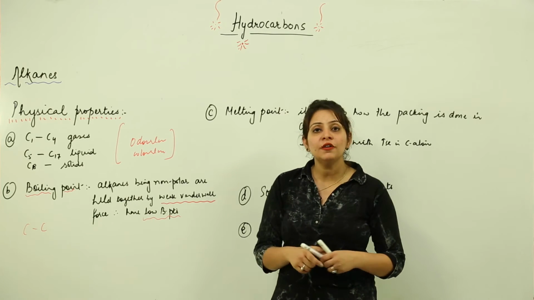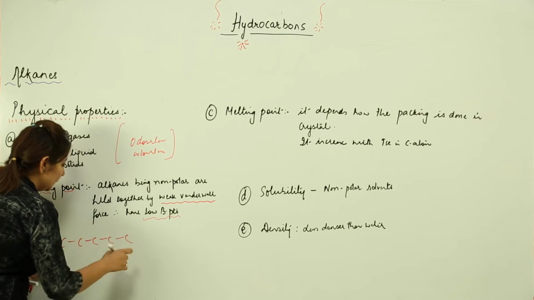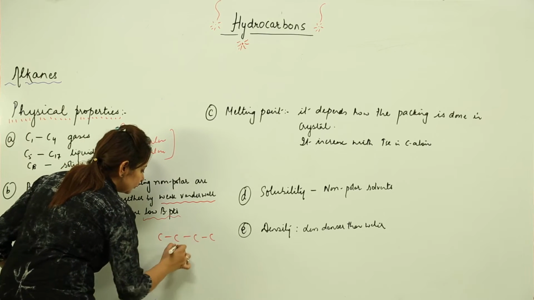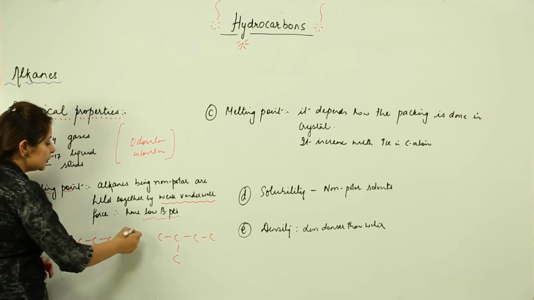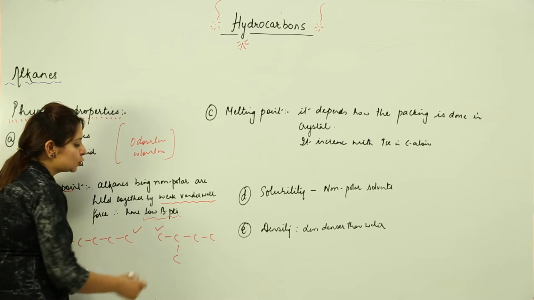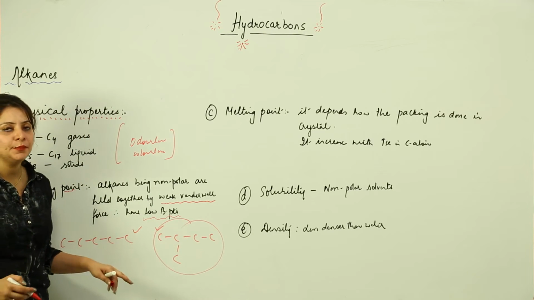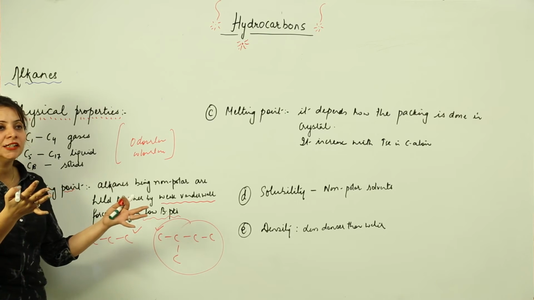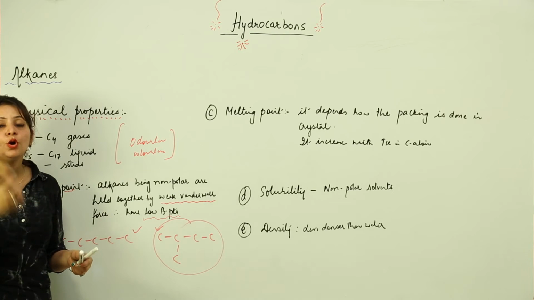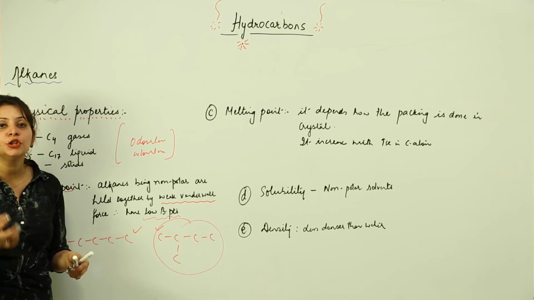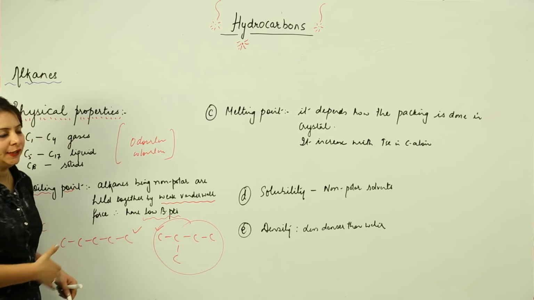But when we talk about branched ones, suppose this is my normal pentane and this is my isopentane. If I compare the boiling points of the two, this is my straight chain and this is my branched one, so this is going to have a comparatively lower boiling point. The reason is the same: when it is branched, it occupies a smaller area. A small area means low van der Waals force, low intermolecular force, and so a low boiling point. So this is the boiling point.